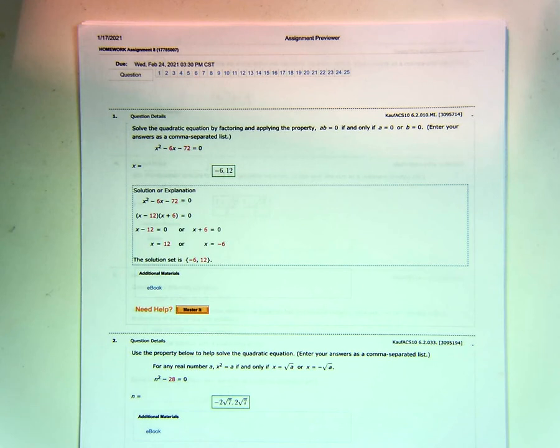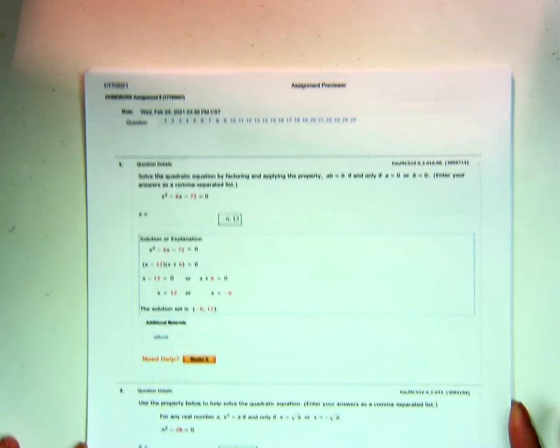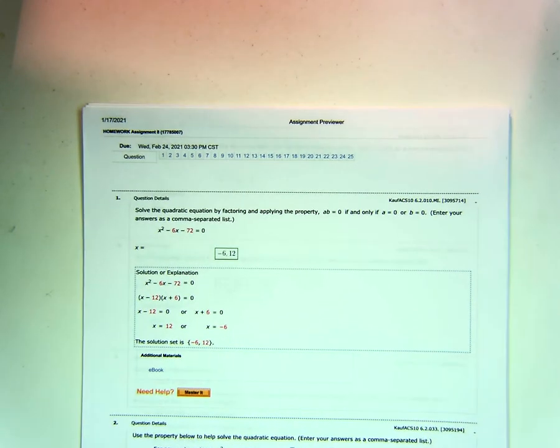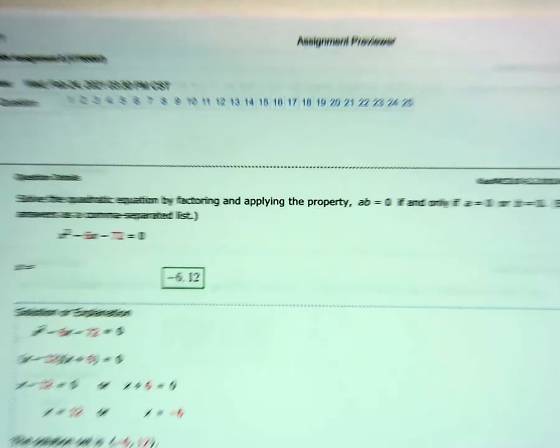And what you see on the screen right now is several examples from Homework 8 from Math 1320. So hopefully you'll be able to zoom in on your computer so we can discuss number 1 and number 2. In summary, all of Homework 8 is pertaining to quadratic equations. So it's going to be a lot of zooming in and zooming out at this time. So right here I'm going to zoom in,